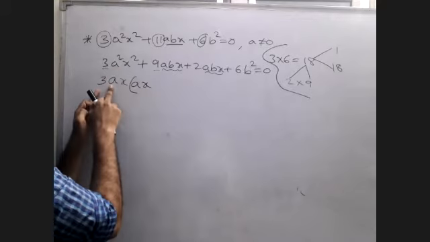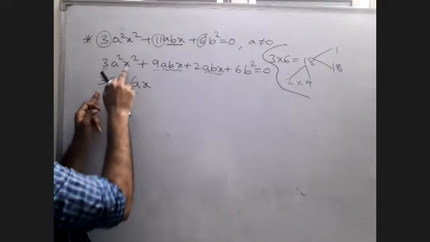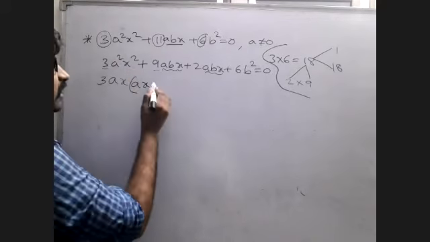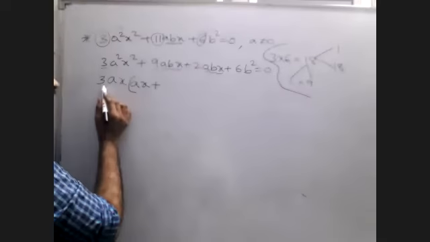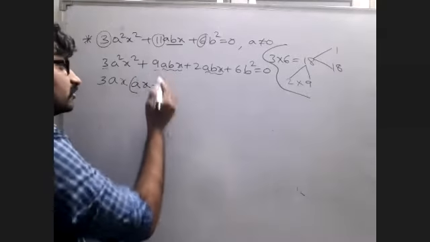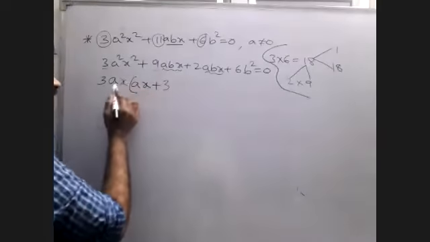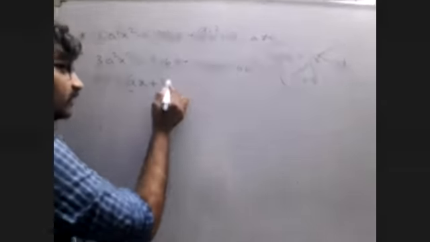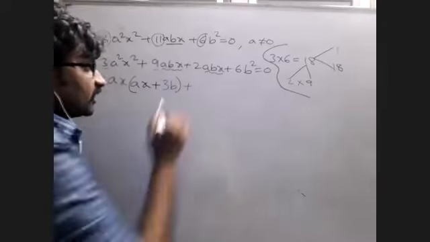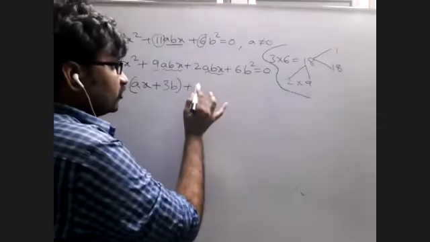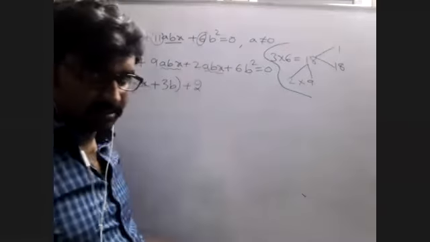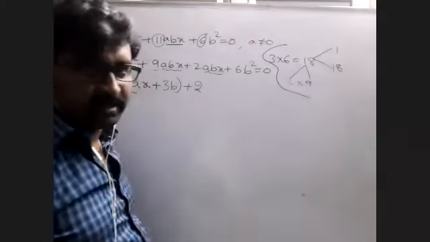A, already 1a common and remaining 1a, and 1x common, remaining 1x, plus already from 9, already 3 common. More 3 is there, 3, and a common, x common, remaining b, plus, and from these two what is common term we have to check. 2 6, so we can take 2 common. 2 3 is 6, 6 2 multiple. And a, there is no a, we can't take a common.